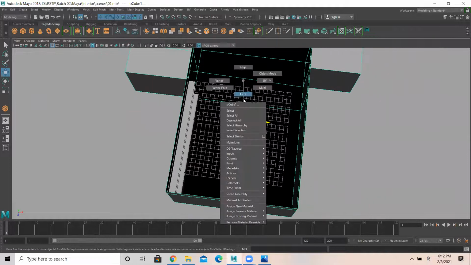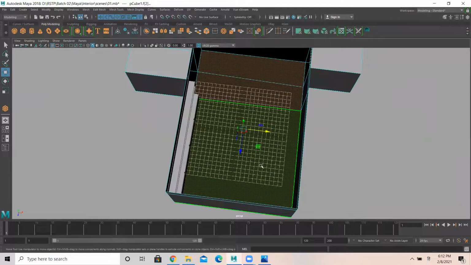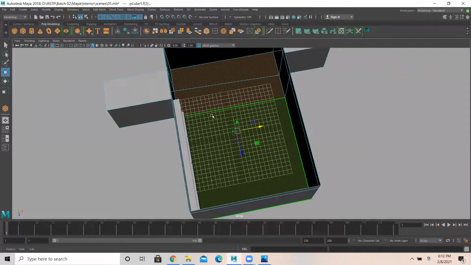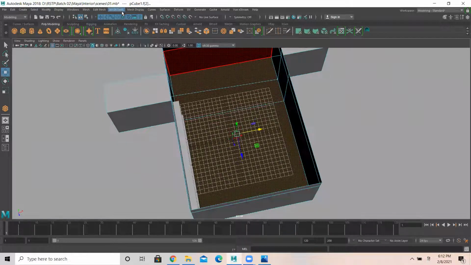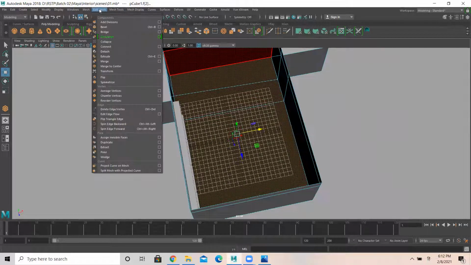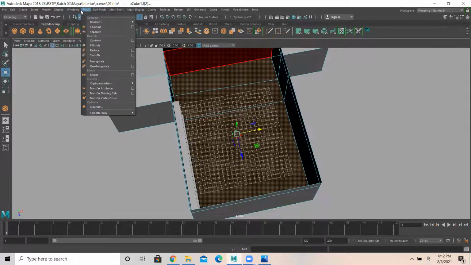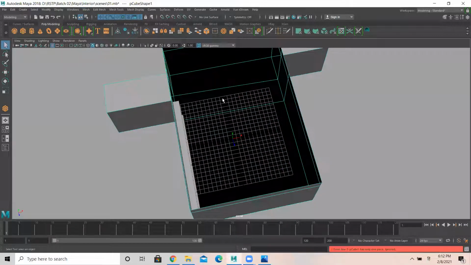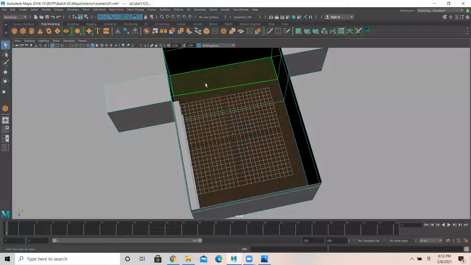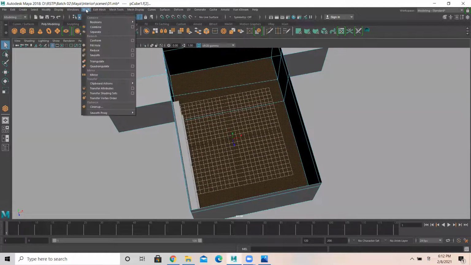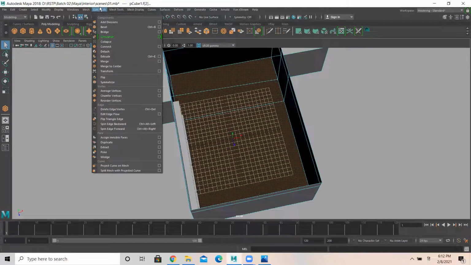Then later for the floor part, I select these faces. I want this to be separate. So I can detach surface or I can separate this. So I cannot just separate. It is called extract. Yeah, you have extract here.